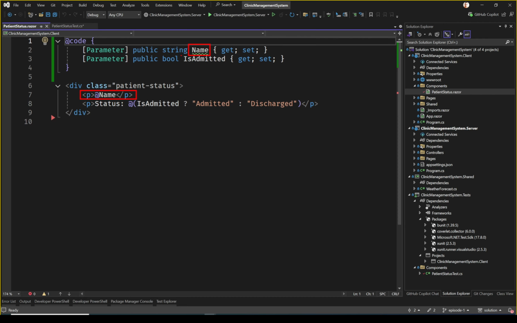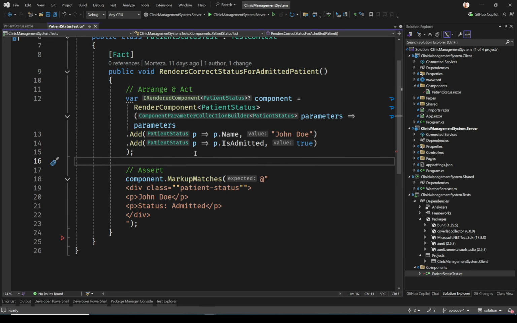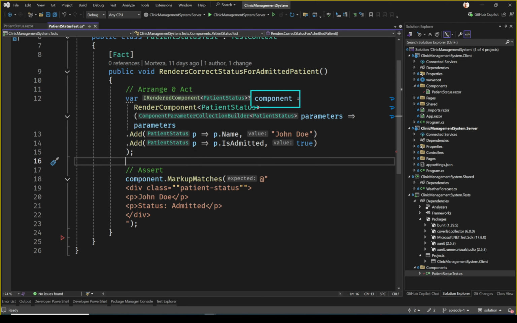And if we pass true to is admitted, we expect the text inside of the P paragraph to be status and then admitted, right? So this is what we expect the component to render, and this is what, therefore, we expect this component variable